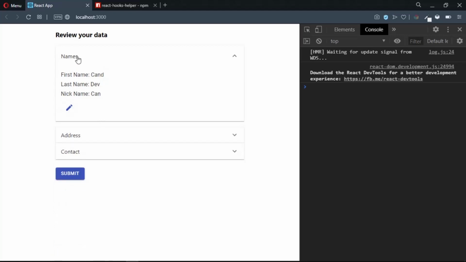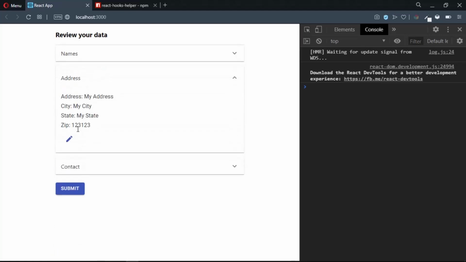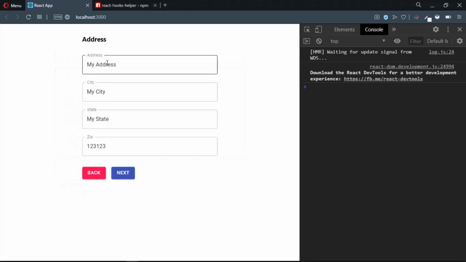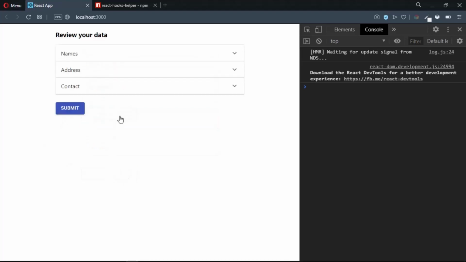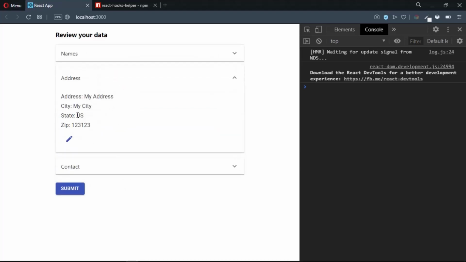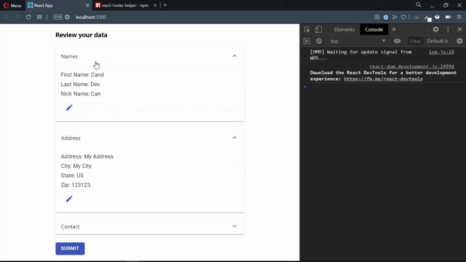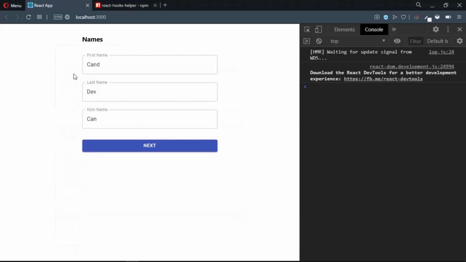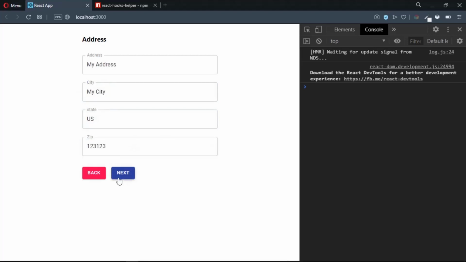All right, so for example, I want to change the state right here. I'm going to change it to US, and when I click next, now that's updated. Of course, you can update the first name and last name as well. So I can just say John Doe, nickname Joe, and click next. Now